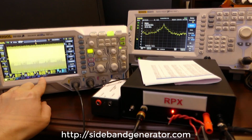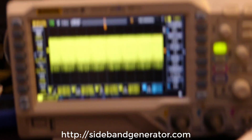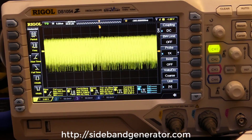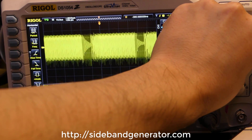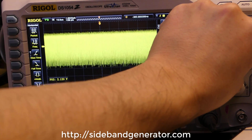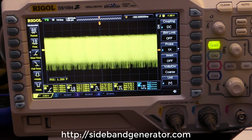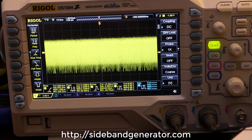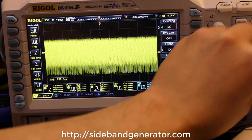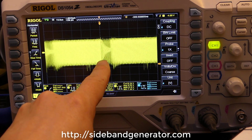And what we're doing is we're looking at the scope right here. We can see that the sweep is modifying the square wave with the sidebands. And it's carrying it like packets of information. See that right there? It's kind of hard to trigger on this, but